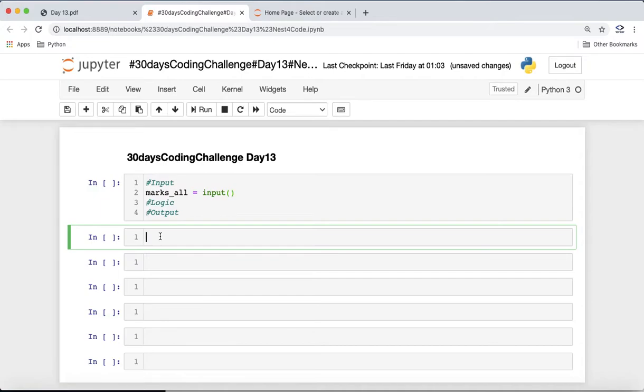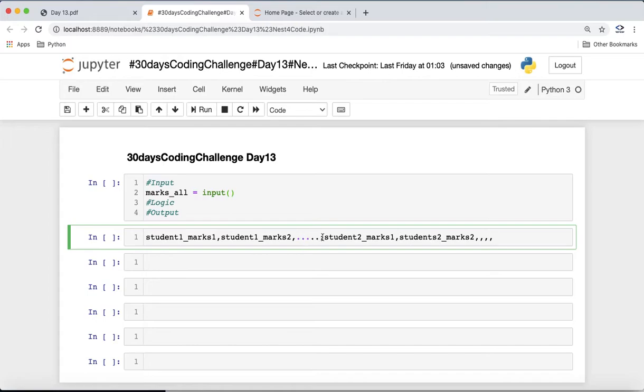So here, what is the format? Student 1 marks 1, comma, student 1 marks 2, comma, like this. After this there is a semicolon, and then student 2 marks 1, student 2 marks 2, like this.